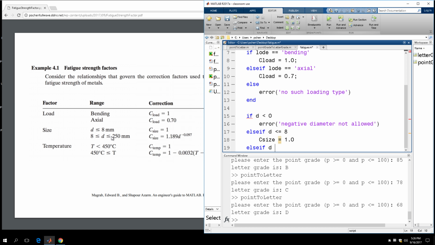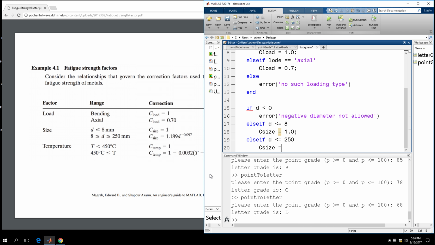All we have to check is that if it's smaller than or equal to 250 millimeter, right? And then C size is going to equal to what? 1.189 multiply the diameter to the minus 0.097. So 1.189 multiply d to the power of minus 0.097. And then else,